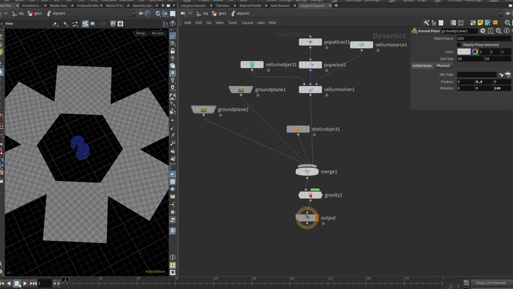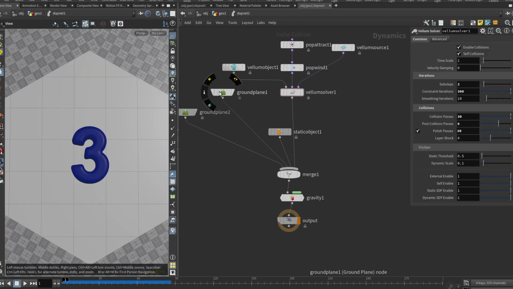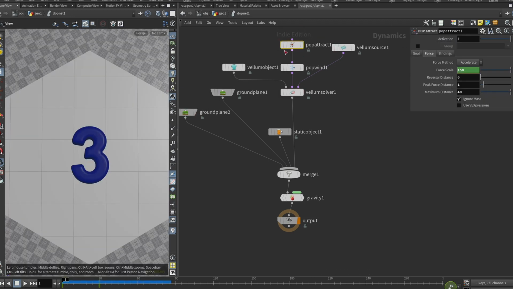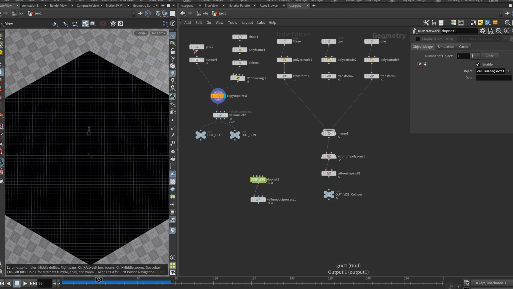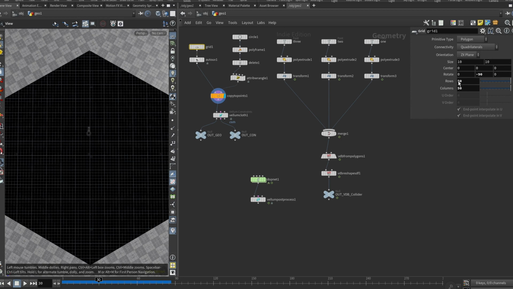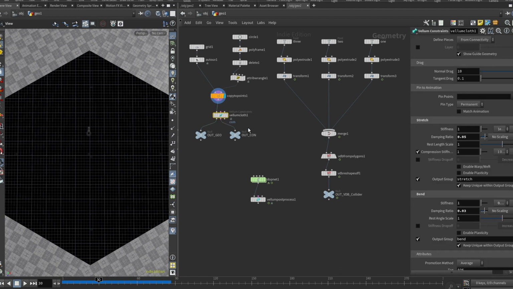Yeah, let's simulate and see what we get. The setup needed a few adjustments. One of them being this puppet rate, which I start at 150 and then it goes to 45, not 30, at frame 30. And also I added a few subdivisions. Rows and columns are now 50 by 50, and Vellum cloth is